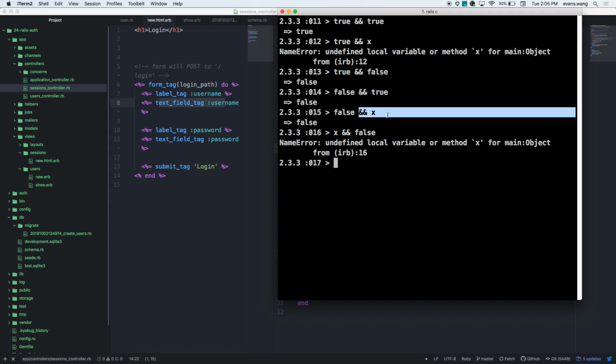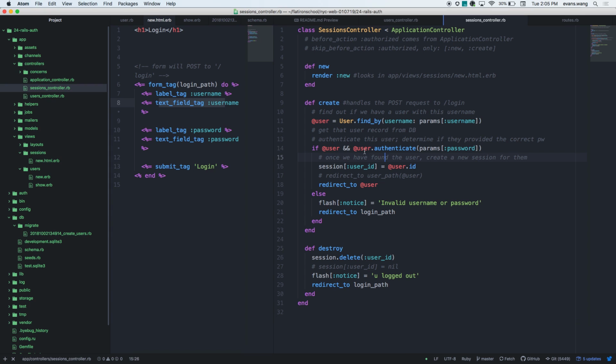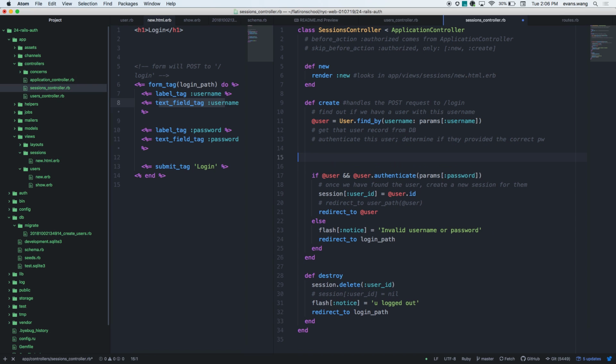And what does nil evaluate to in terms of its truthiness? False. So this is a lot sleeker. If user ever comes back as nil, it will never run the authenticate method against it. Does that make sense? Otherwise, what you run into is this really ugly nested thing where first you want to